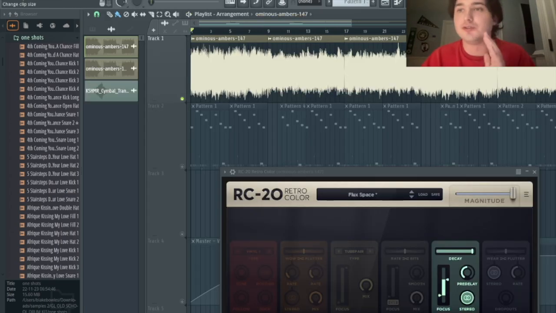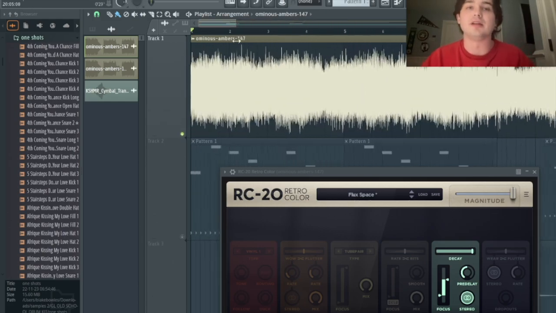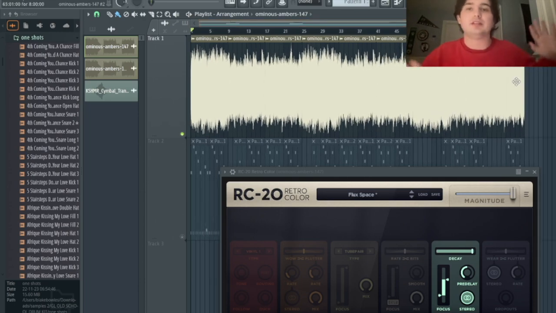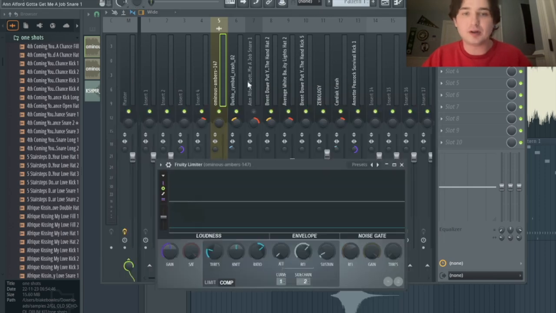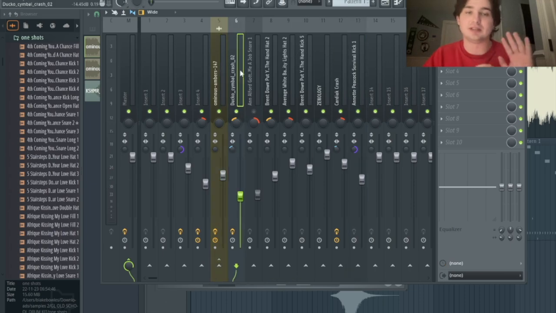Now the first thing you want to do is just find an emotional, crazy sounding guitar melody, and you can make your own. I'm just not as well versed in the guitar yet to be able to make my own, so I just had to use one from my boy Sadpra, super talented sample maker. For the effects, I just threw on RC20 to make it a little more spacey, and I also have a limiter on that I connected with the kick, which I'll show later,